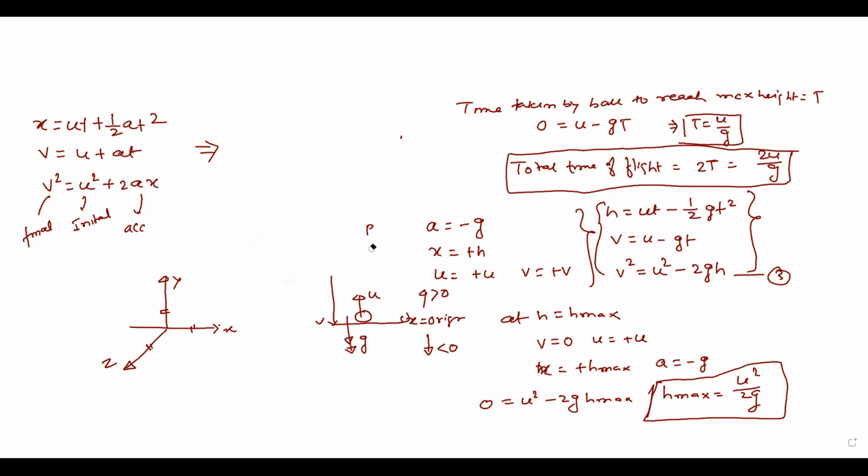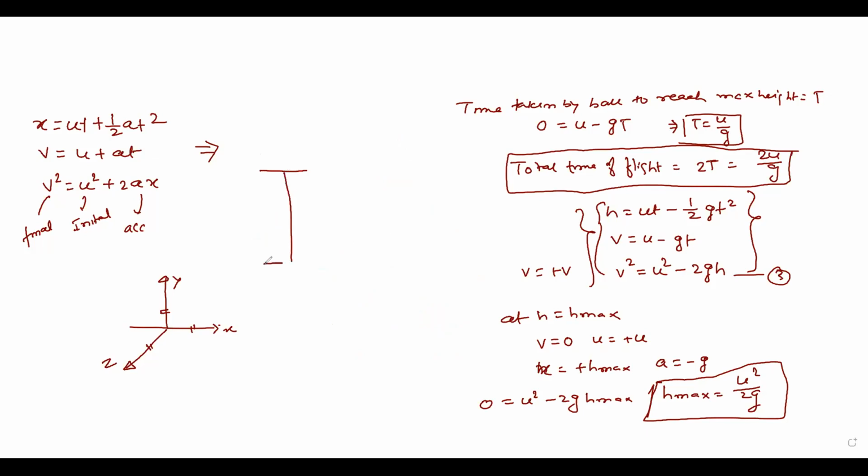Just giving you one more example. Suppose the same equation, suppose this is a tower from the ground, and the height of the tower is h, and a person is throwing a ball at a speed u. We have to find out the equation of motion in this case. Suppose that at this point the velocity of the ball is v. Then find it out.